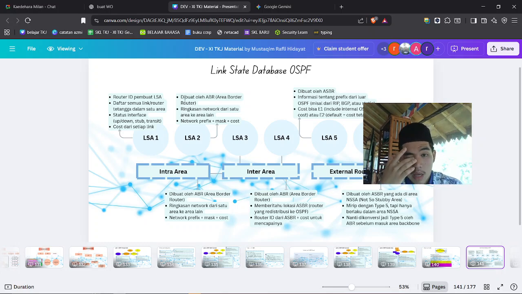This is made from the ABR, the area border router. I'm sorry, this is the summary of the networks from one area to another area, and it shows the network prefix plus the mask plus the cost. What I get from this material is that LSA 1 and 2 are intra area.